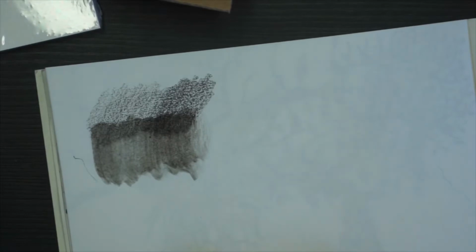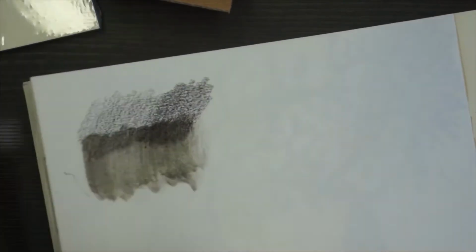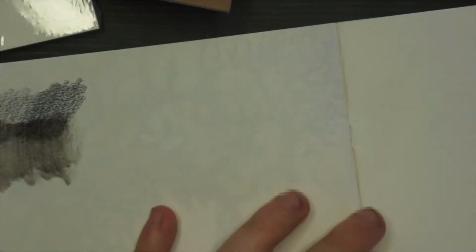But it really does pick that up, so I think there's many uses for that sort of thing. I think that's really interesting. I think I have a Derwent version of this pencil actually, so that's good. Right, I think I'm going to have a look at the zine because I don't know how to